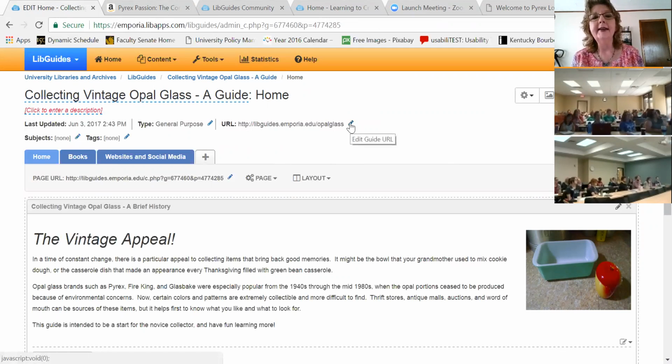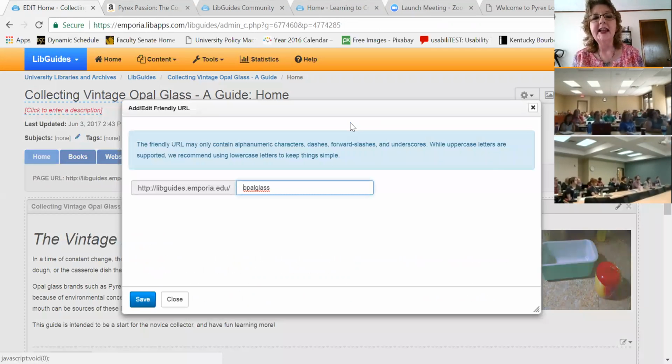It's a really good idea to edit it to something that is going to make sense to you and to your audience. The default on this one would actually be a series of characters or numbers that really are not going to make sense to anybody. So I happen to call this one Opal Glass,